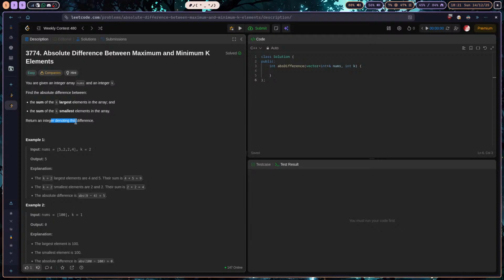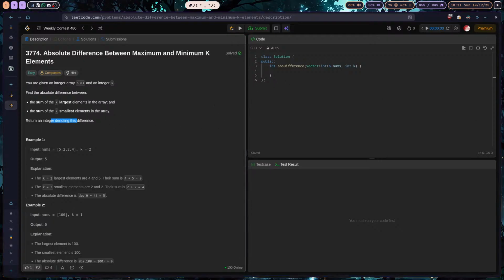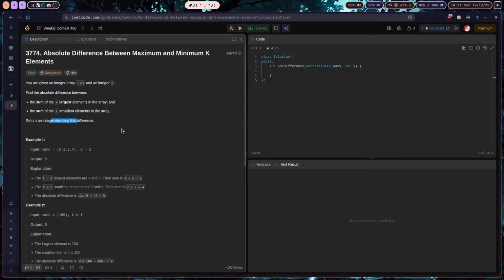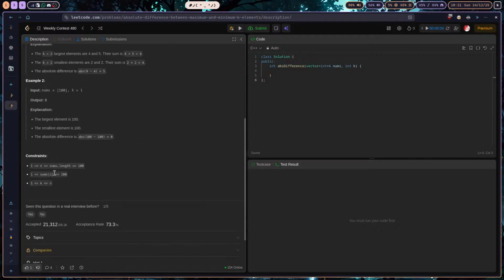So there are two approaches for this. So basically for each value, we need to make sure if it's among the k smallest elements, that value will not be contributing towards the final answer. That means it will subtract from a final answer. And if it's among the k largest ones, then it will contribute to our final answer. So all we need to do is just sort the array and then iterate through the first